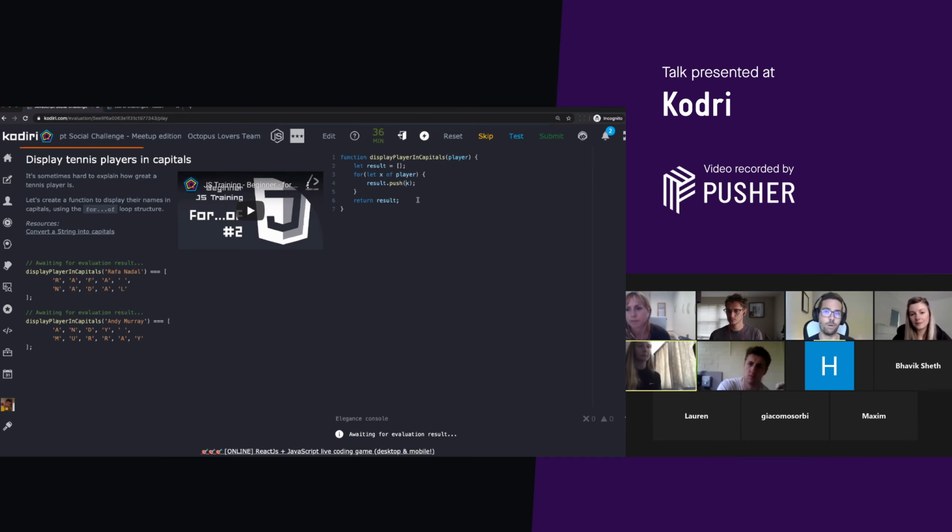That's correct, Lauren. The exercise is expecting you to transform each individual character to a big one, so to uppercase. Should we try it? So now you see it works, right?